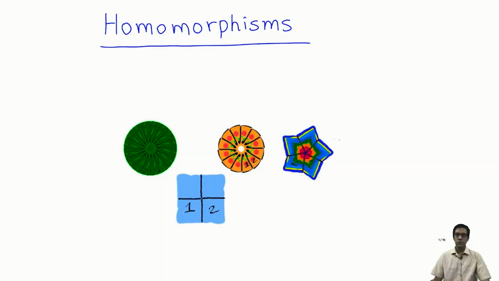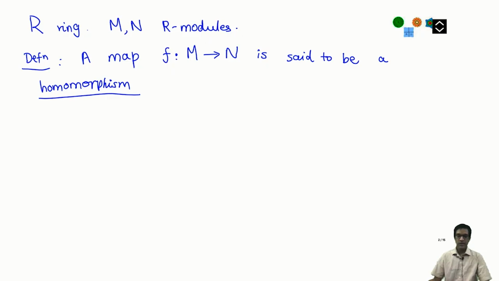Let's talk about homomorphisms of modules. So suppose R is a ring and M and N are two R modules, so they need to be modules over the same ring R. Then a map, a function from M to N is said to be a homomorphism, and